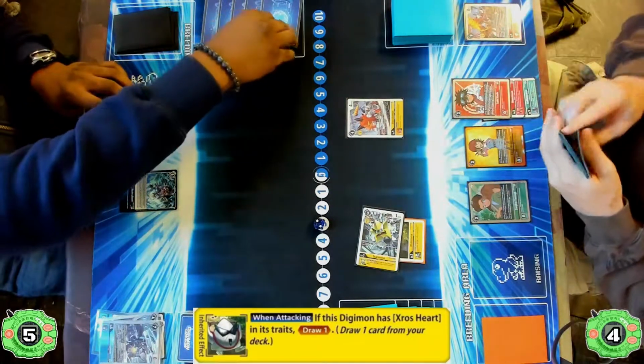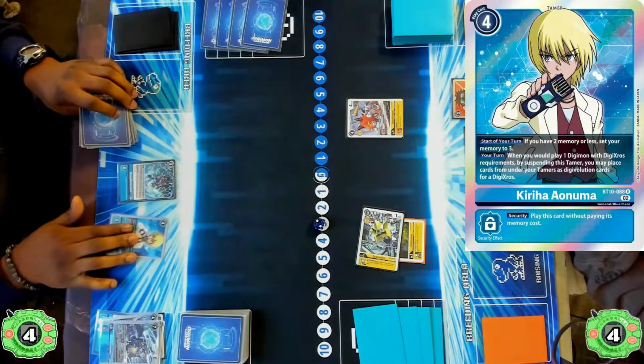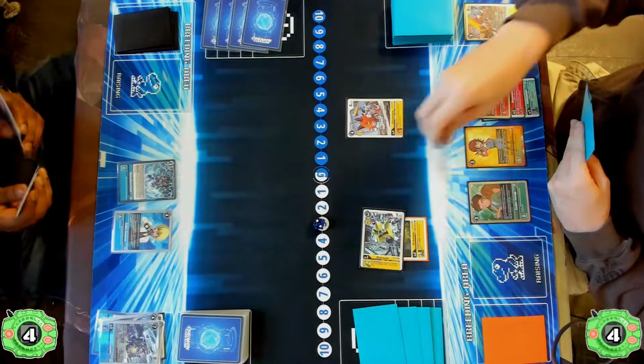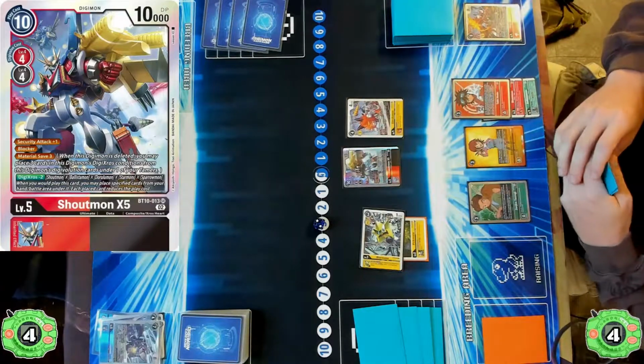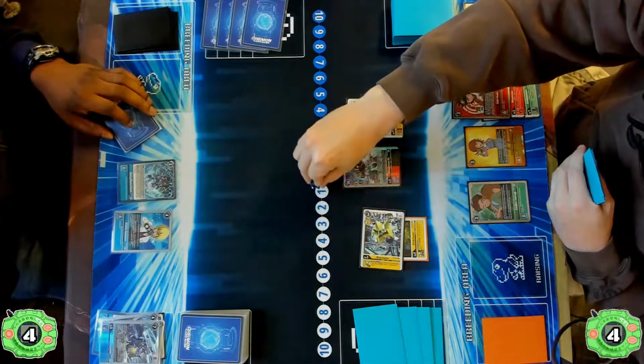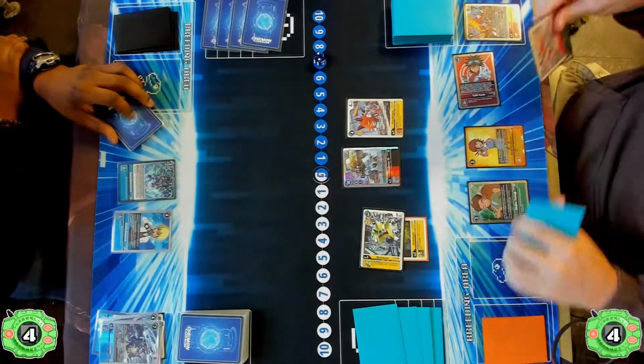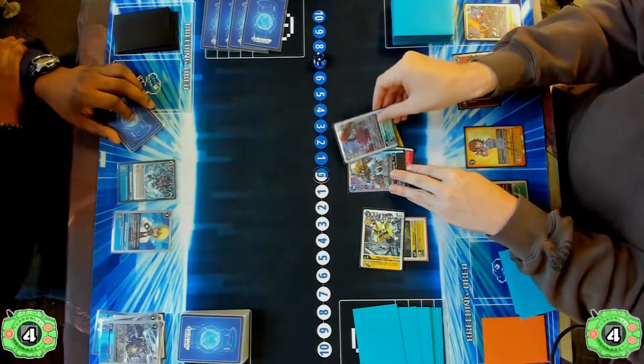They are going to be able to go up to 3, but swinging in with the Starmons, the Shoutmon player does hit a Kariha, and that is going to help out the Blue Flare player, but we do see the Shoutmon X5 hitting the field. This SR is super powerful. It is able to block, it is able to do security attack +1, and you're just getting so much value off of it,